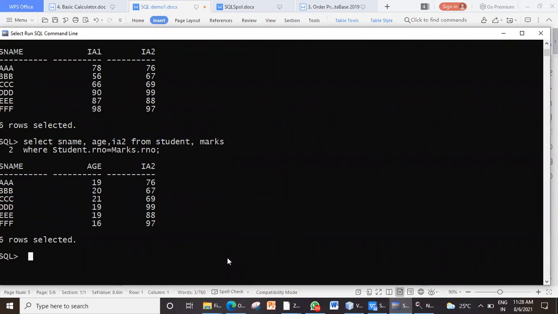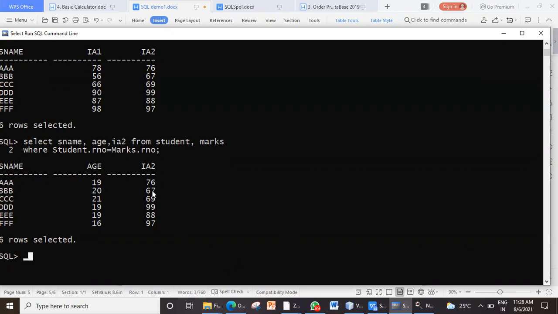So aggregate functions. Aggregate functions normally work on numeric values. There are also text functions and date functions, but for your general program, whatever is important that we'll cover, and basically we require numeric functions only. So we will cover only those. So first is the AVG function.